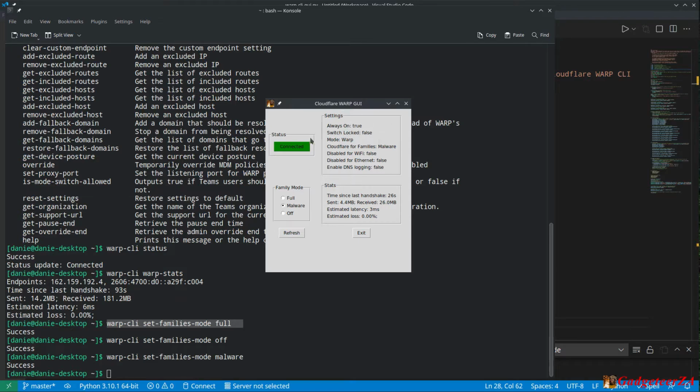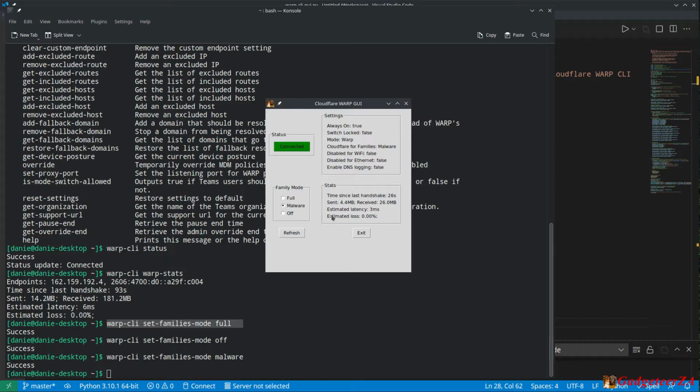I haven't finished obviously the design and the layout stuff. There's a couple of to-dos I must still do here, but this is essentially just its root window that you're seeing here at the moment with a title and an icon. And I've got 4 frames with 2 buttons. So one of the frames over here is called status, and in it I've got a button showing whether it's connected, or if it's not, it'll be red and saying disconnected. At this stage I must still put an activate for this button so that the button will also actually change the status. Then I've got just a settings display over here. This just reads that settings command and displays certain of the essential information that I wanted to see on here, some of which we can change, and then it'll refresh and update it.